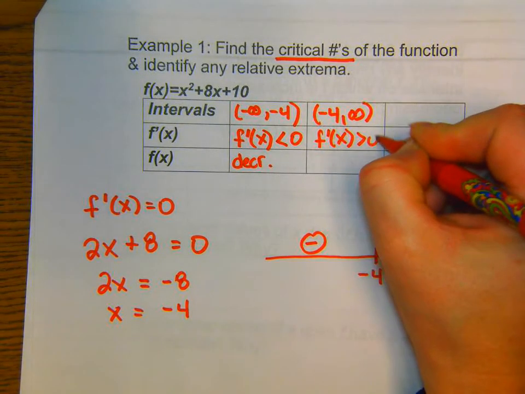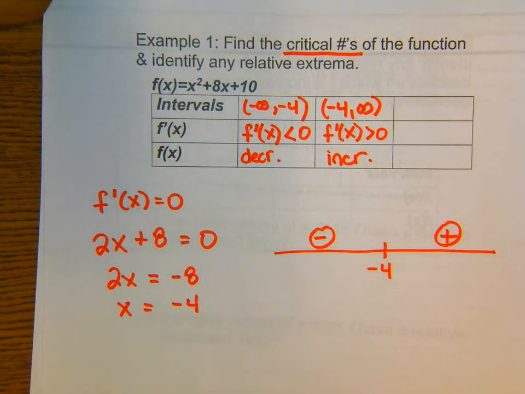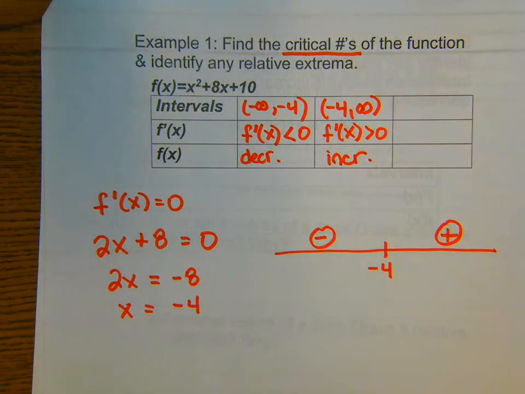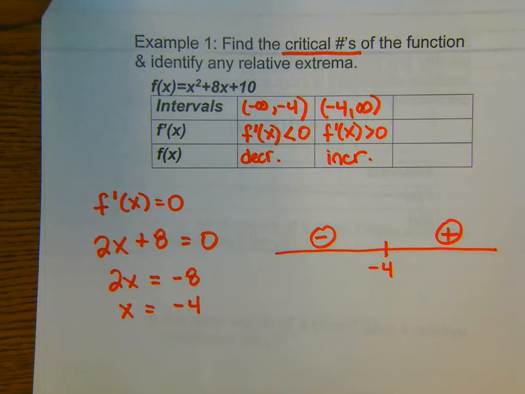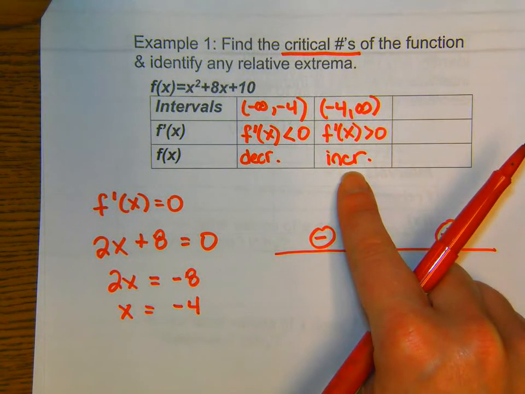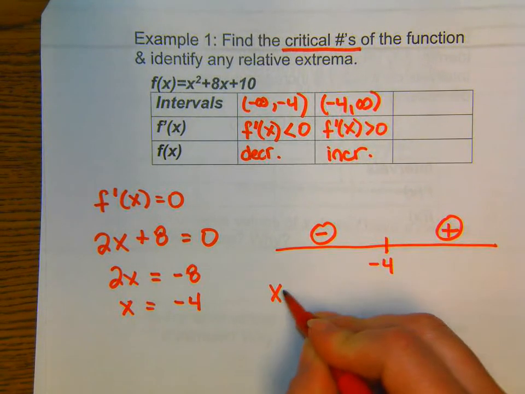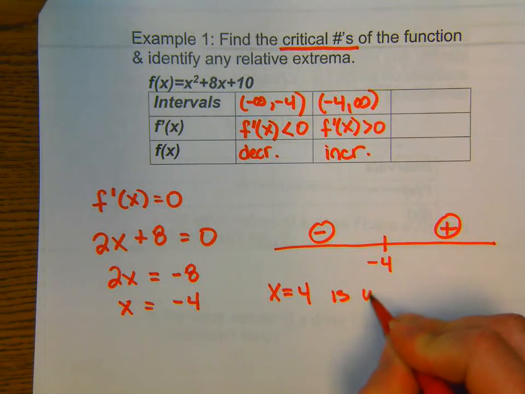So, can you identify for me then a relative extrema? Where does it occur? At negative 4, because that's the critical number. But what told me the function switches from decreasing to increasing? So this is how we would justify this in an AP test. x equals negative 4 is where a minimum, thank you, is where a minimum occurs